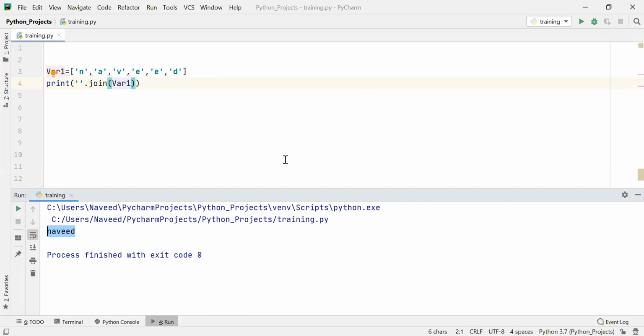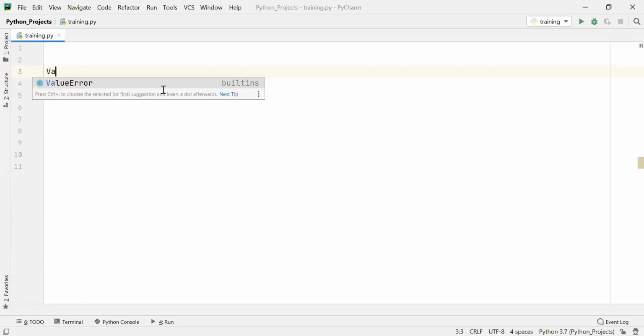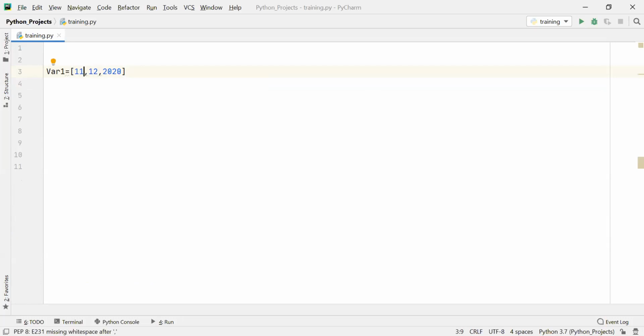Now let's say I want to convert a list of items with integer types into a string. So how can I do that? Let's say I have var1, and inside it I have 11, 12, 20, or let's write today's date, 16/08. My requirement is to convert this list of integers into a string.